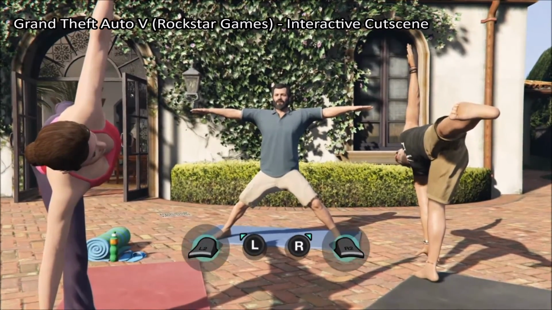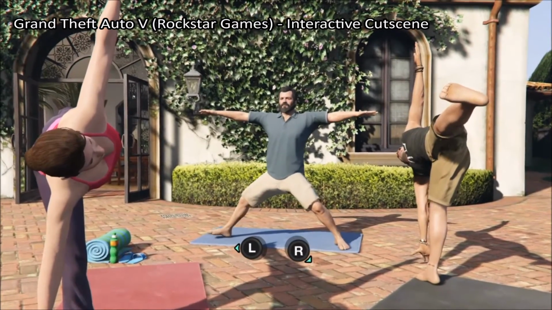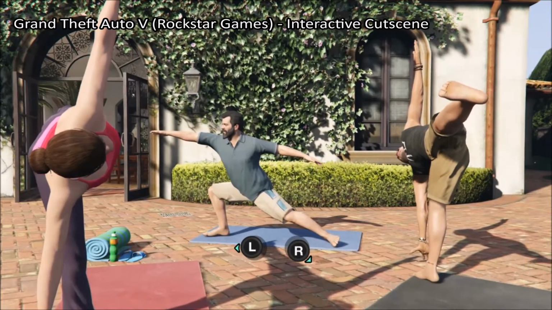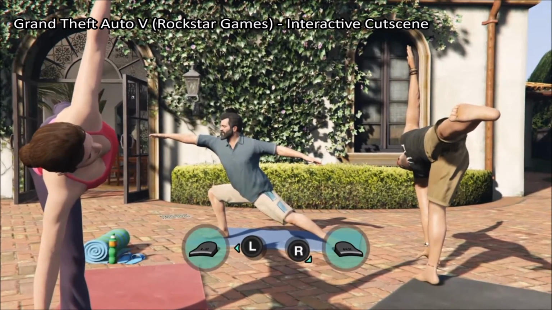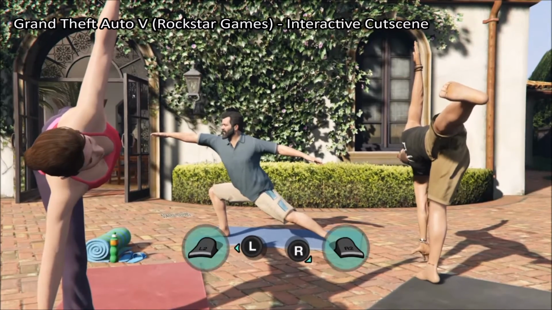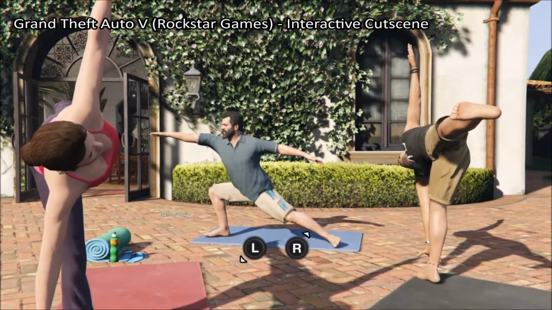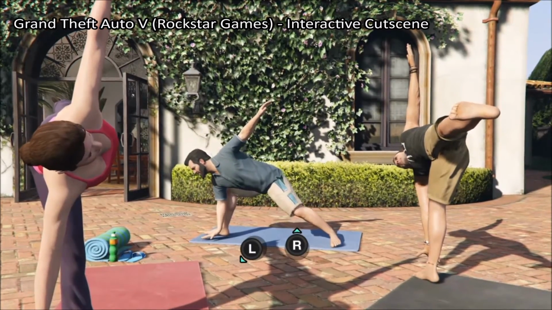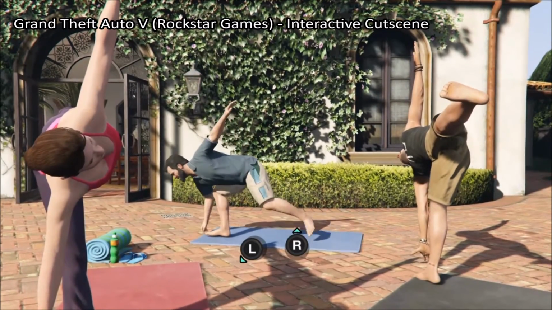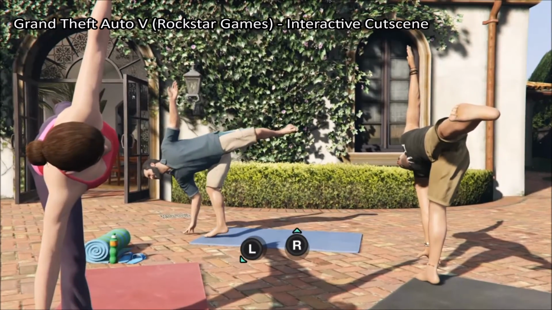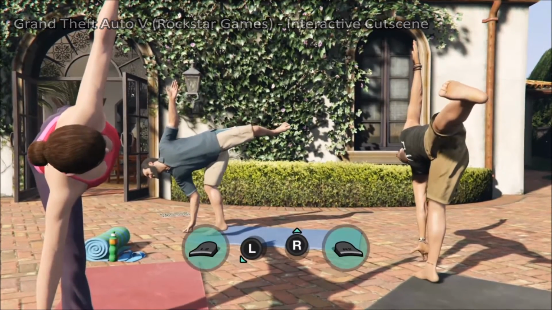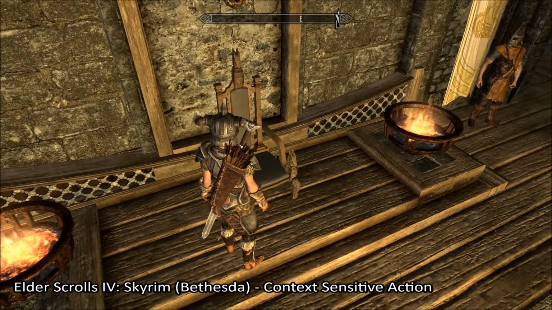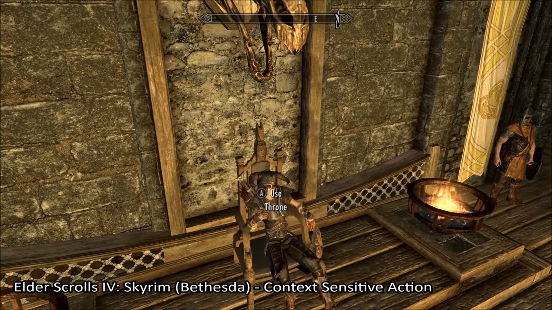For instance, this scene in Grand Theft Auto V, where the protagonist is tasked with joining in on a yoga session, is comprised of QTEs, as there is no dedicated input for breathe in like there is for fire weapon. While these kinds of narrative devices are criticized for being too simple as to be redundant, they do allow for a greater variety of actions to be taken in a game and allow for more controlled sections of the game that contain important story elements to be interactive. With the interactive cutscene, players are given slightly more agency without compromising the agency of the game and narrative.